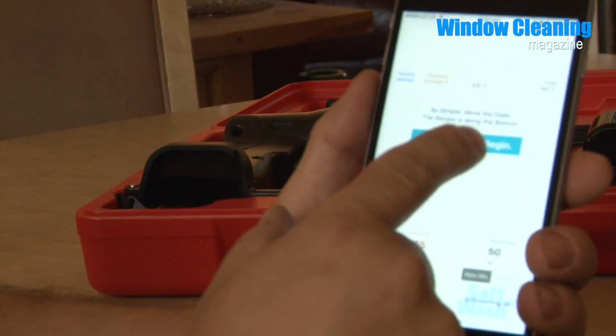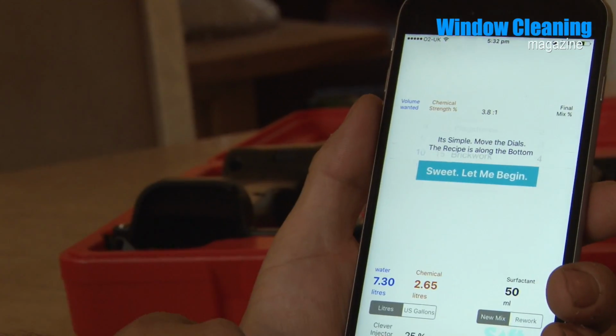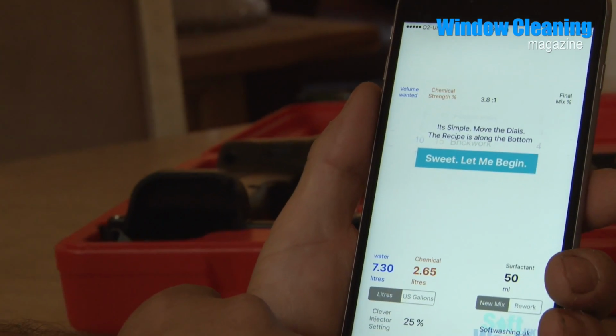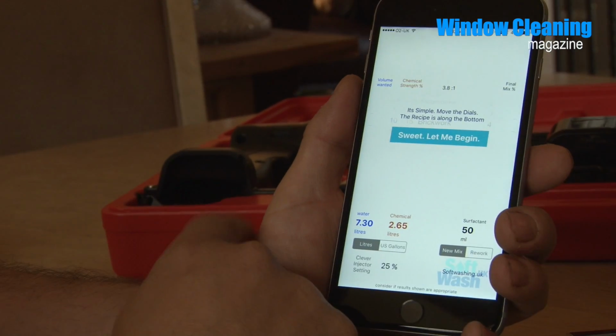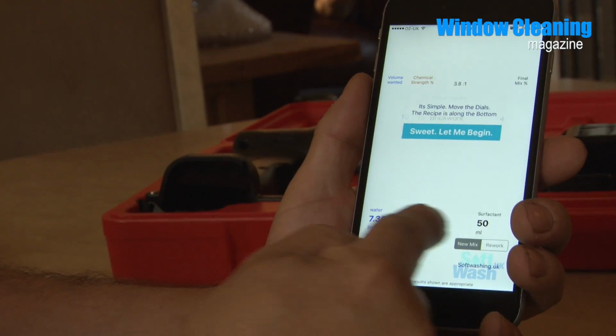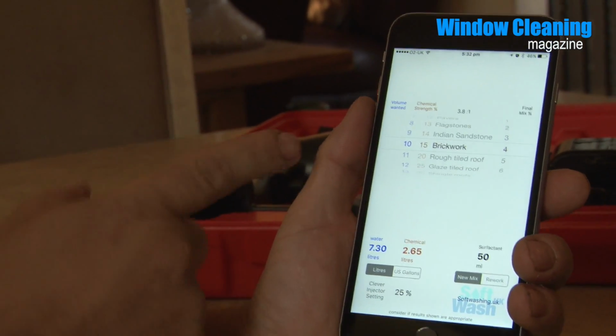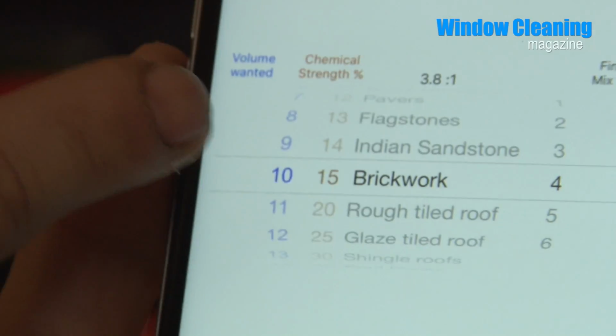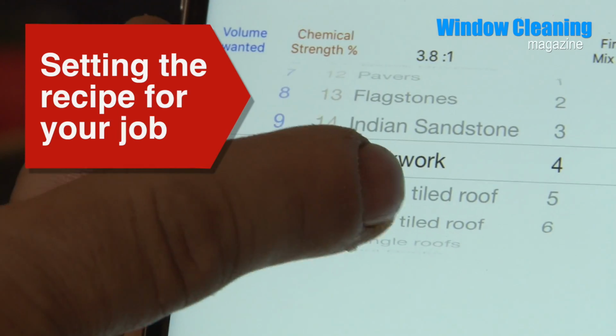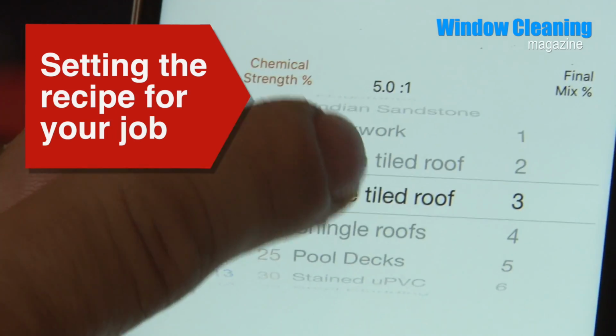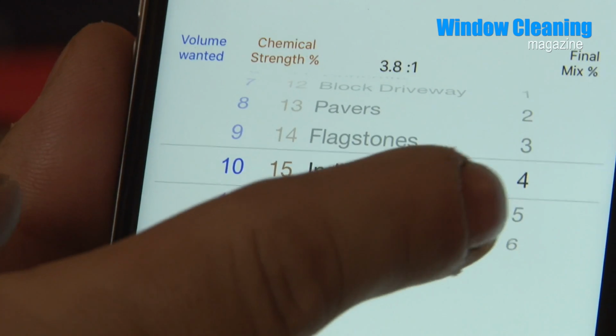So how does it work? Well, at the beginning it prompts you. It says it's simple: move the dials. The recipe is along the bottom, so this is where the recipe is going to be, and when we click on this button here it comes up with some pre-recipes for you. So for instance, if I move this, it's called a link wheel, and it automatically